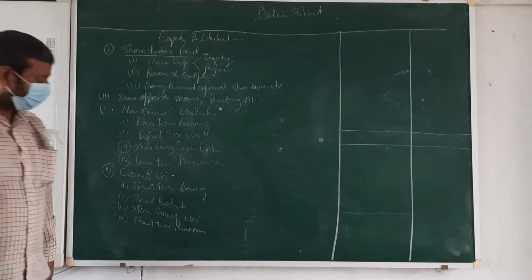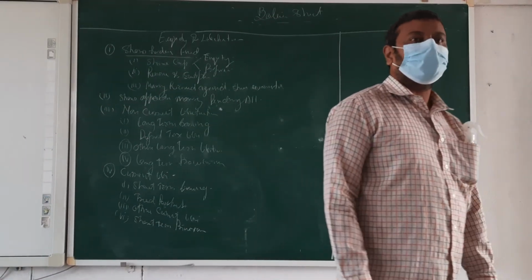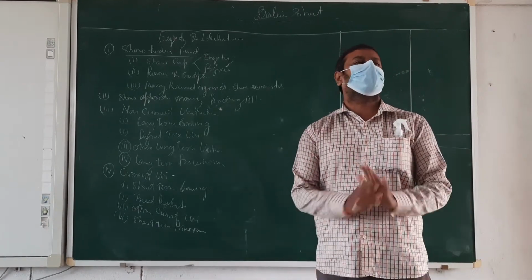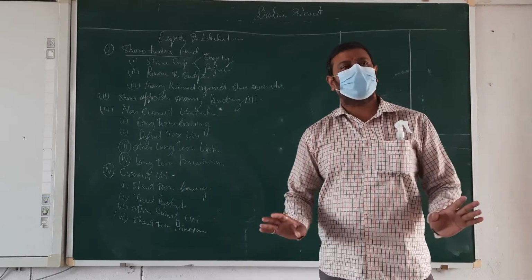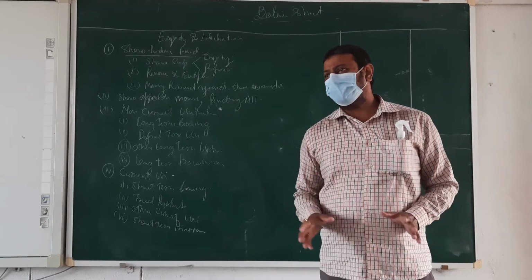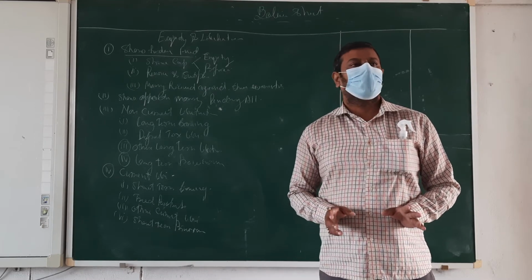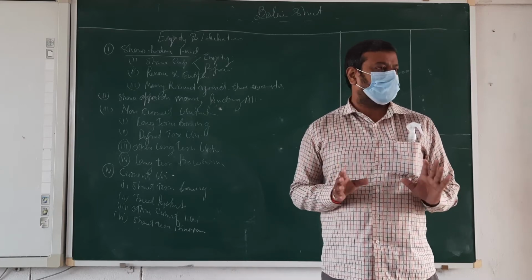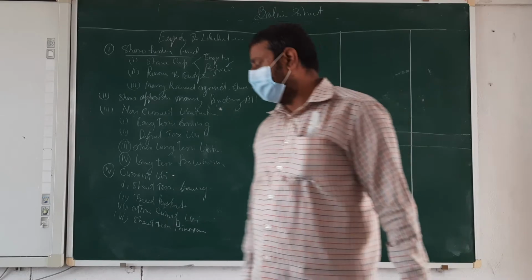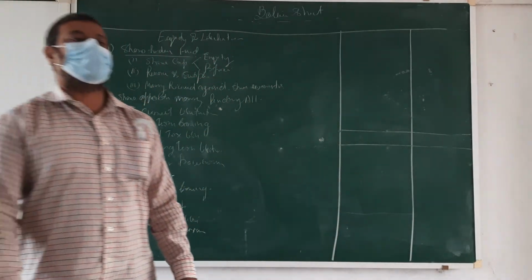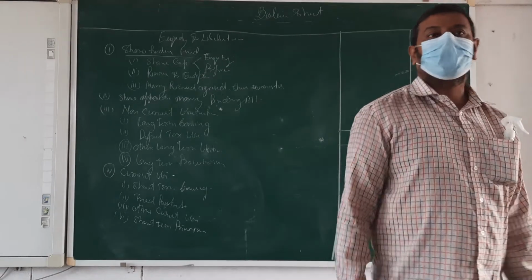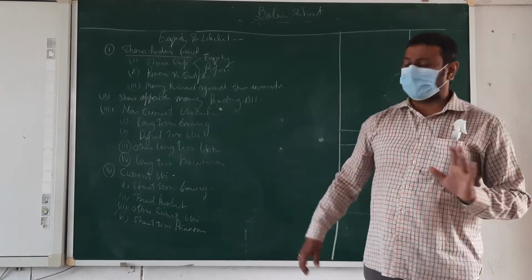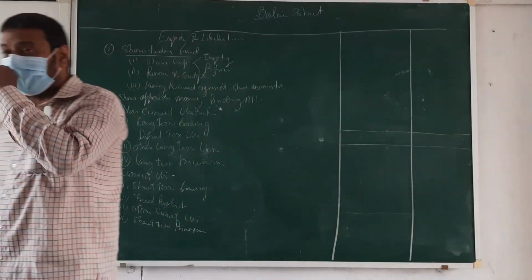Okay. Next, other current liabilities. Any type of short-period liability: any dividend pending or outstanding expense, advance income. That is another type of liability. And last, short-term provision: provision for bad debts, provision for dividend, provision for profit, provision for interest. Any type of provision we are going to make comes here.